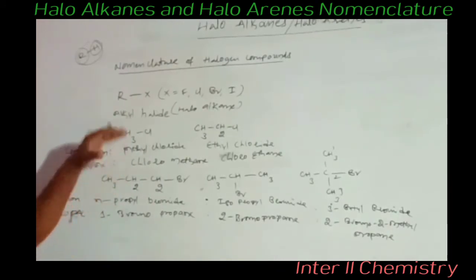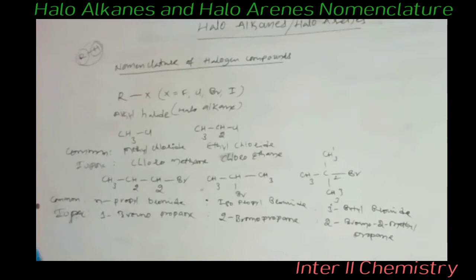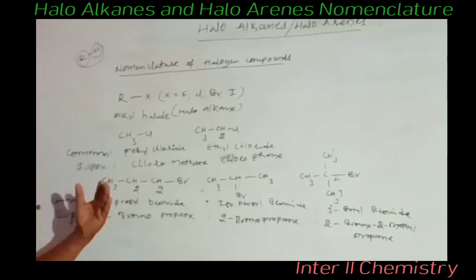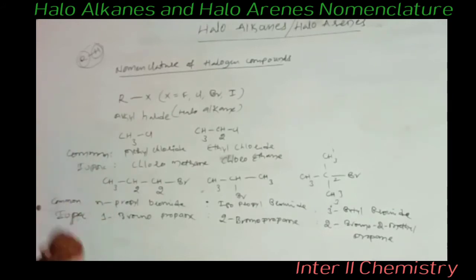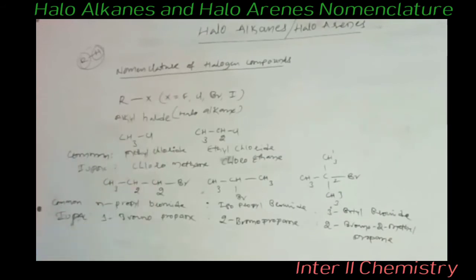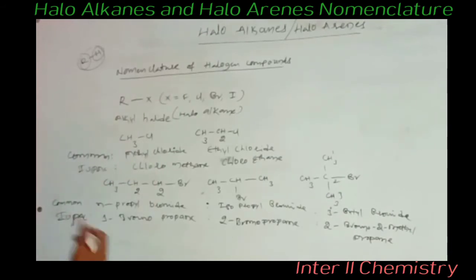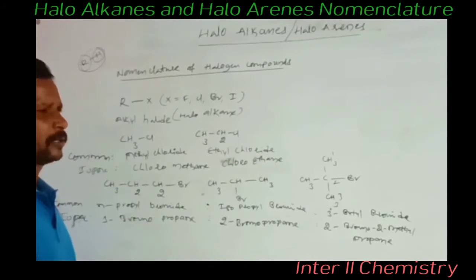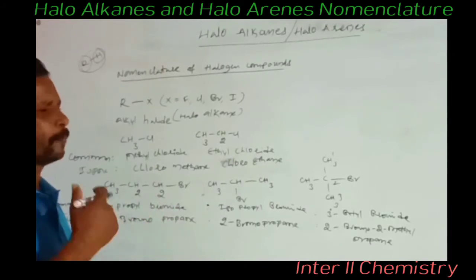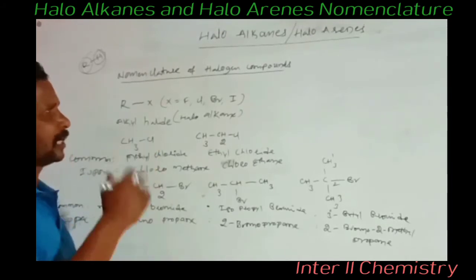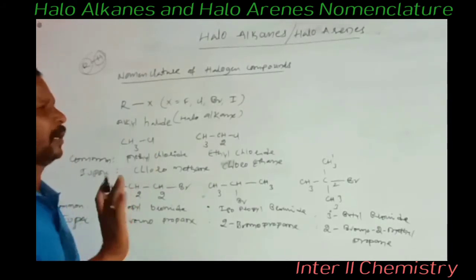Okay. Haloalkanes, as already discussed, are open chain compounds. Now let us discuss the arenes, or halo substituted arenes. Those are also called haloarenes. While giving the nomenclature to the haloarenes, there is no change between the common method and the IUPAC method. If there are dihalogen compounds among the haloarenes, there is some difference between the common and IUPAC methods.